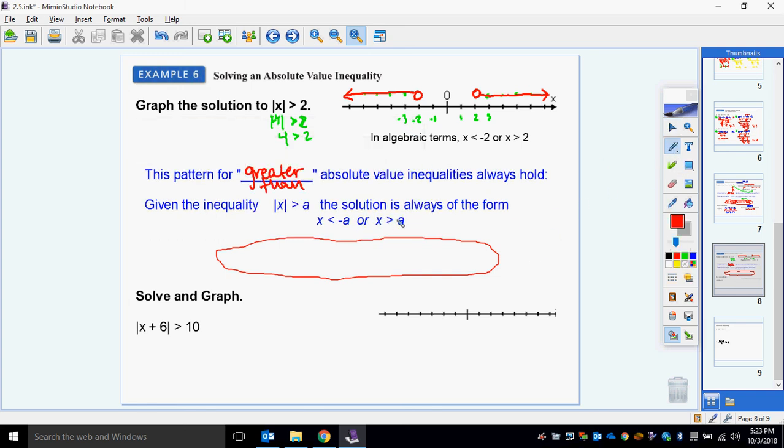Okay, so greater than a, that stays almost exactly the same, but the first part of the OR, you have to flip the symbol and make it negative. So ORs are a little tricky. So here's what I want you to remember. This is how I remember it. Great or than